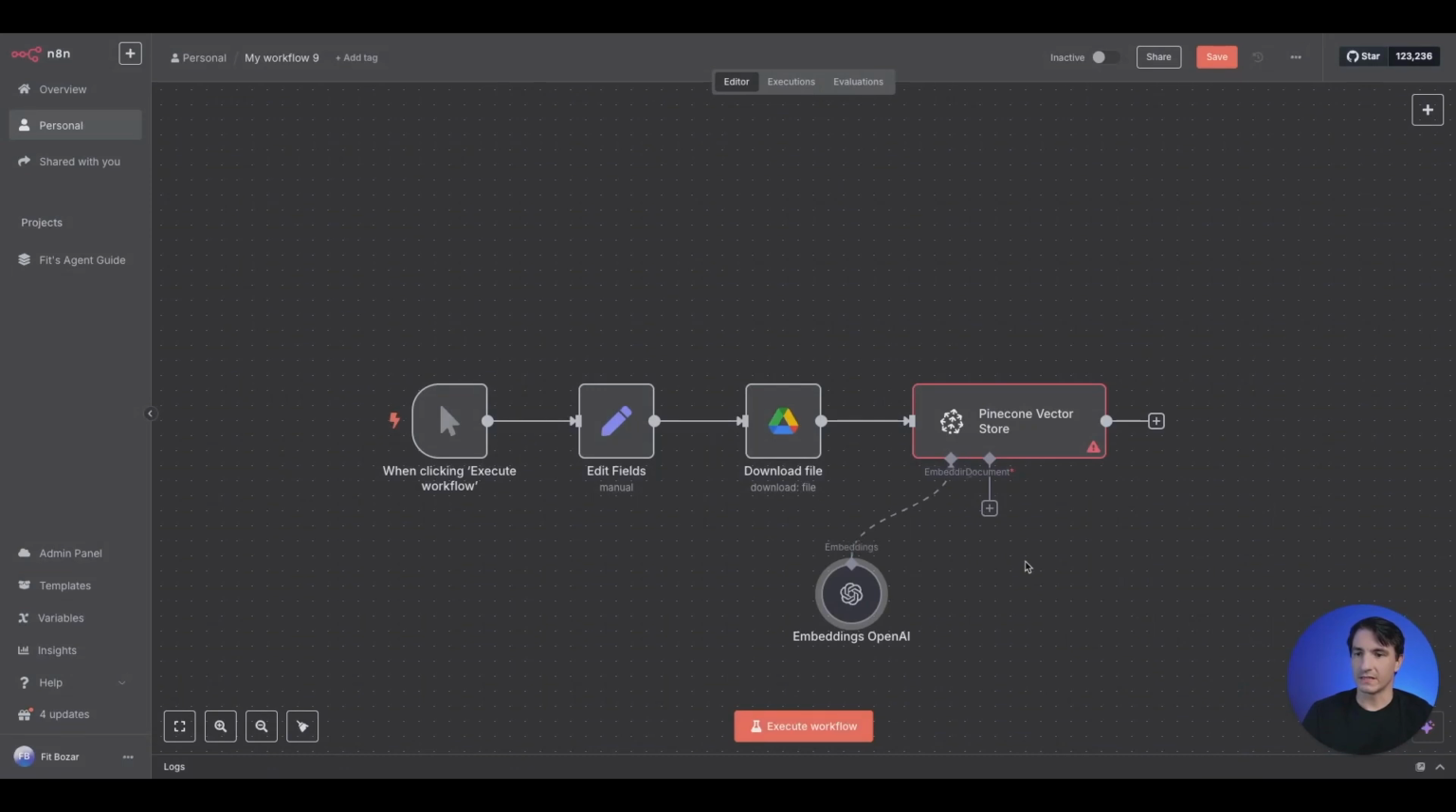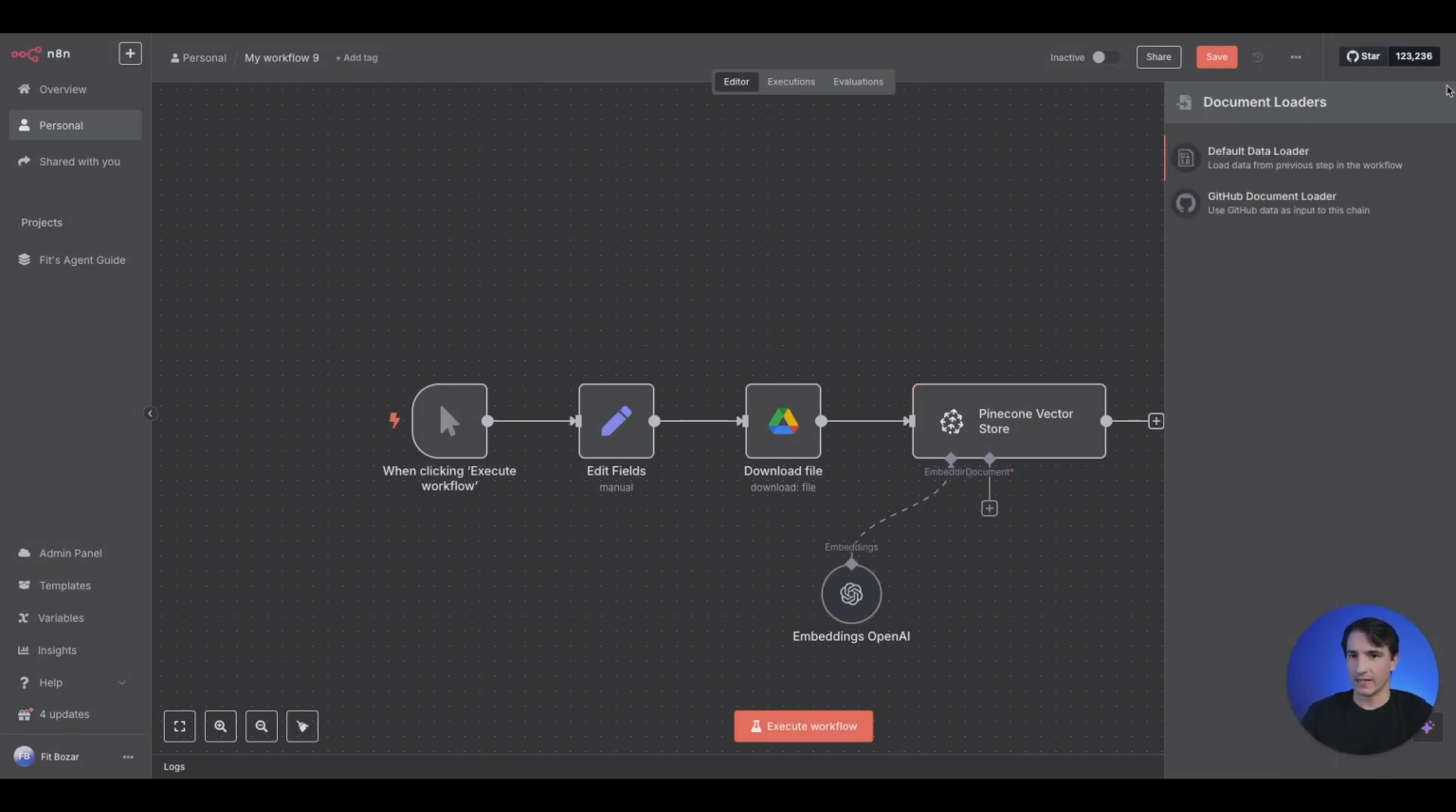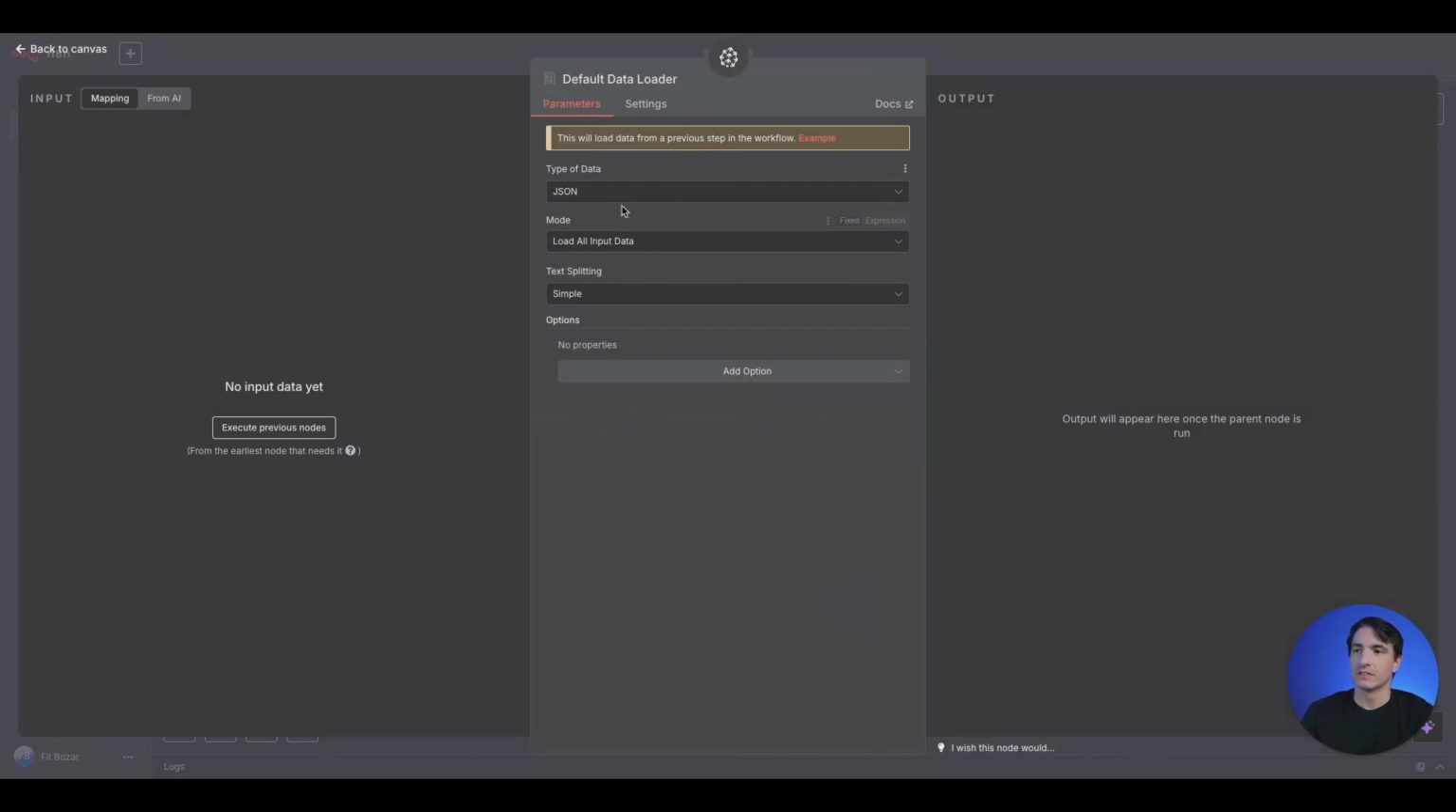So now we've added the embedding model. We will go ahead and add a default data loader. So for type of data, if it's not a JSON file or a text file, you just default to binary. So if you're using PDFs, images, audio files, video files, things of that nature, you can go ahead and select binary. For text splitting,